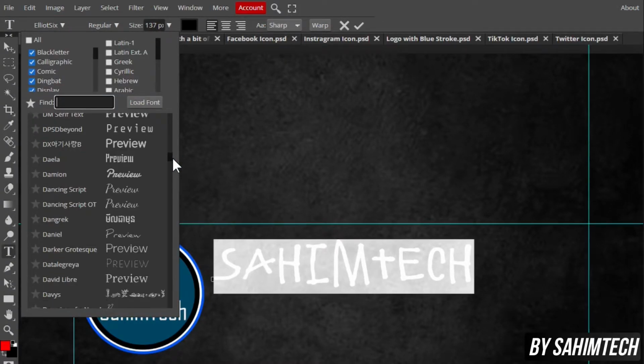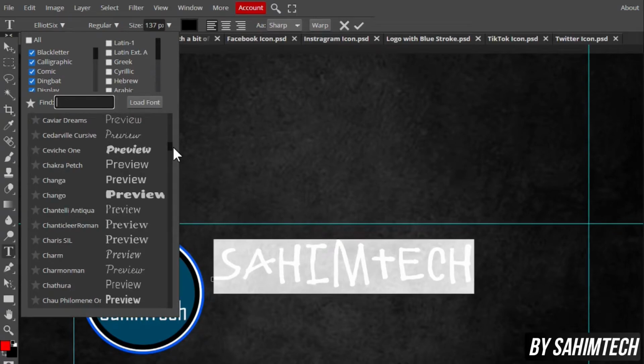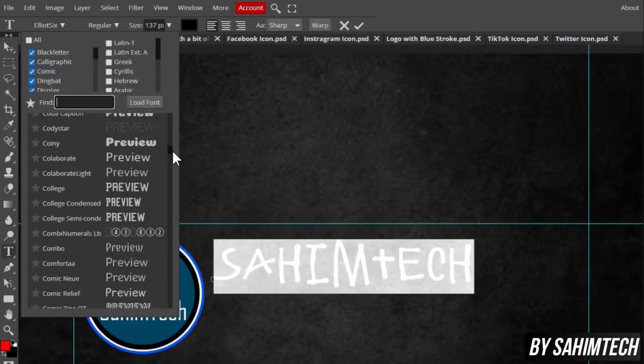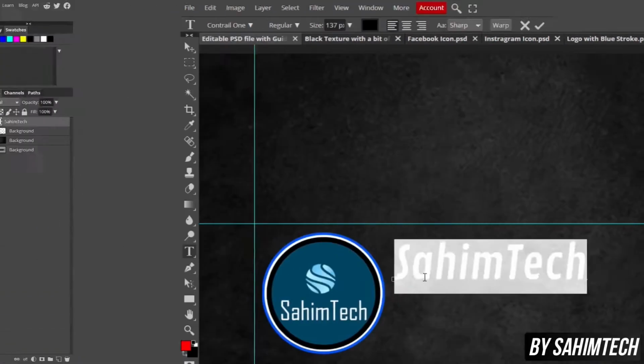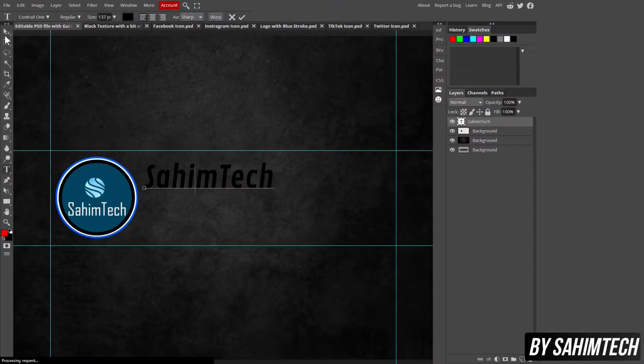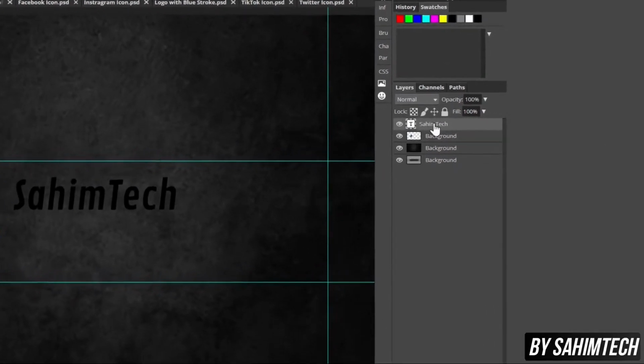The best font which I recommend is the one available here, but if you don't like it, you can definitely change it to the one you want. So what I'm gonna select is this one, which is Ctrl+1, and yeah, I think that looks pretty epic. So then click on the mouse cursor and just adjust it the way you want,